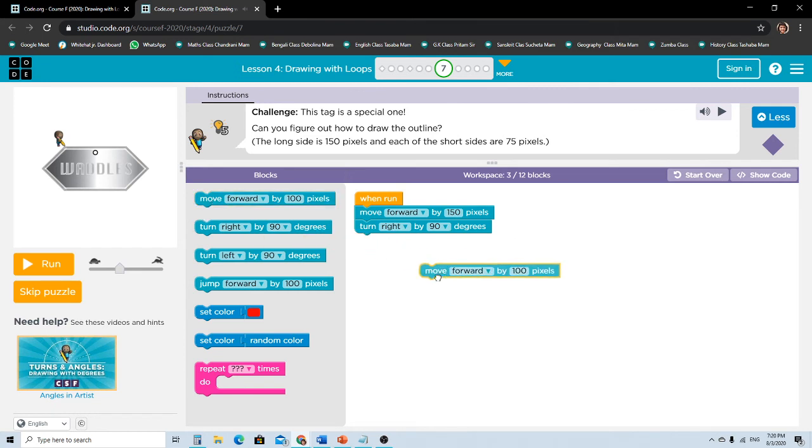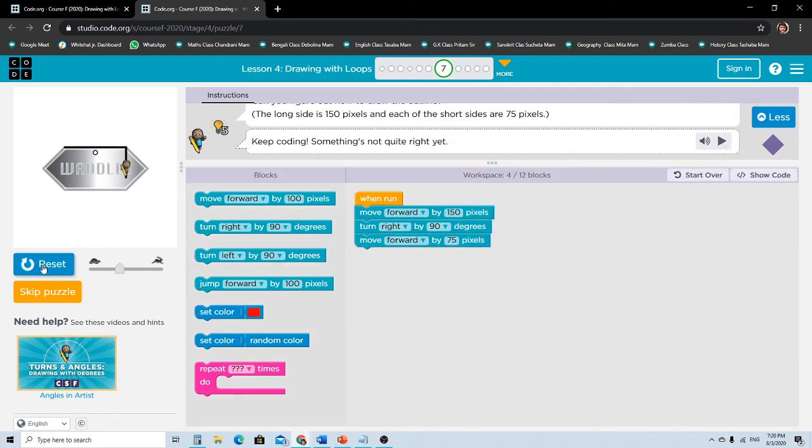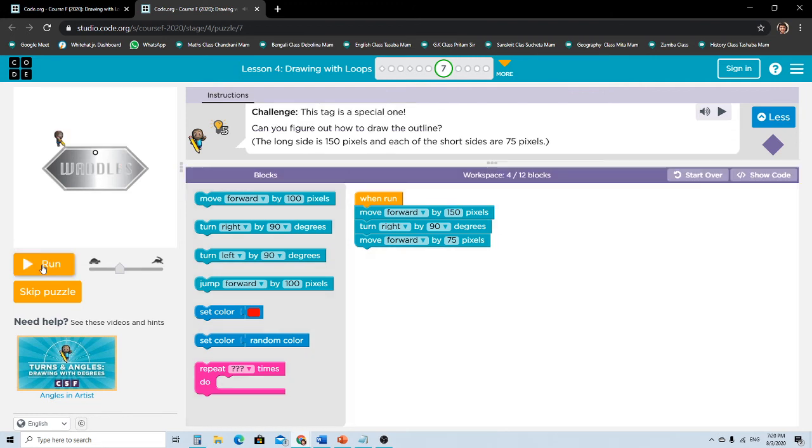Now another move forward. So the short side is 75 pixels. So that means it needs to come this way. So let's put it to 120. So it'll have an arch.